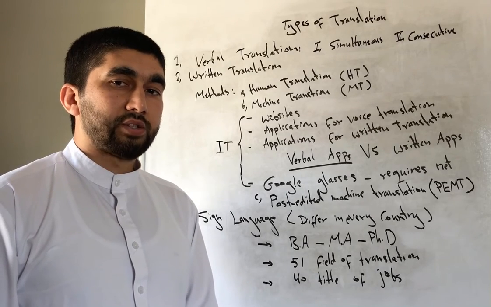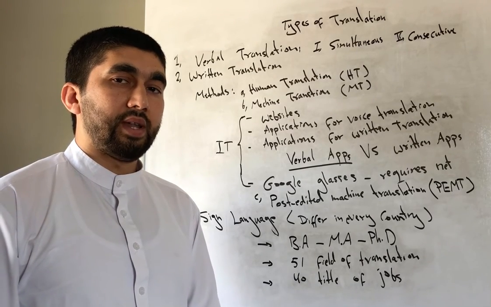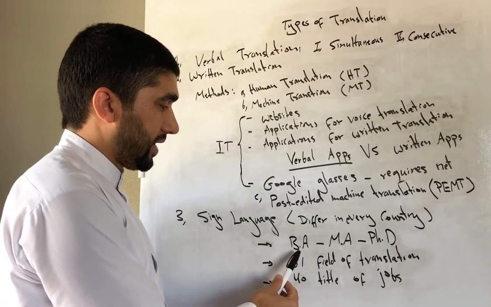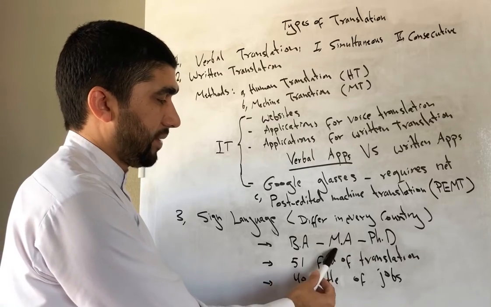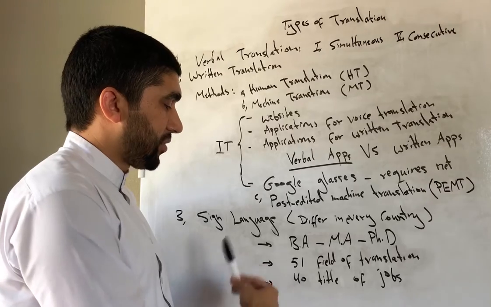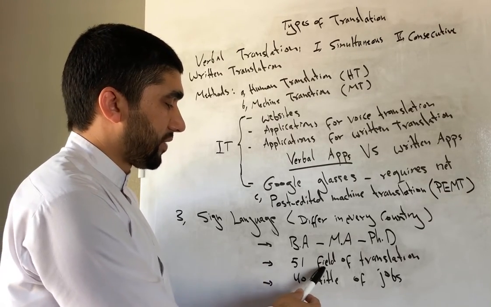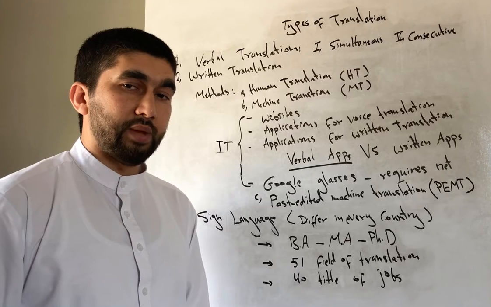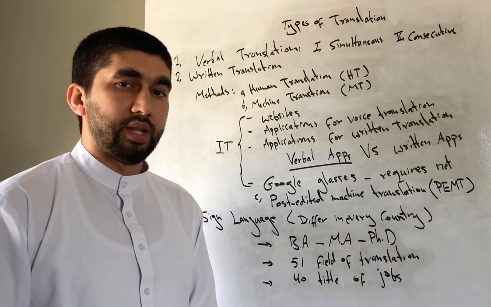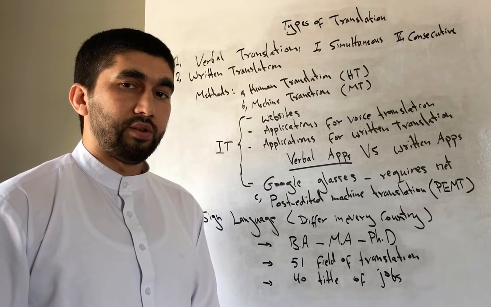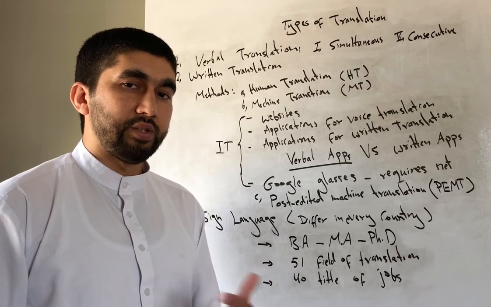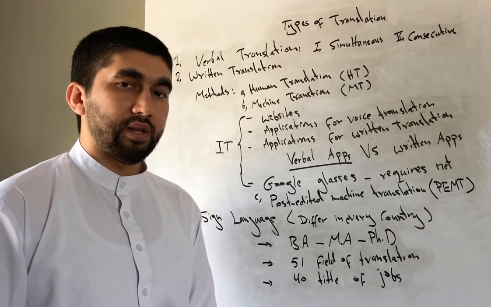Now, somebody may ask, are there enough fields or are there enough jobs with this industry? Yes. First of all, if you are interested, you may get a bachelor degree, a master, and a PhD in the translation industry. Secondly, I personally researched there are 51 fields of translation. Let me give you some examples of it, like economic terms translation, political science terms translation, financial translations, court-related translations, and let's say the dubbing, the engineering terms, the medical terms, and all different fields.